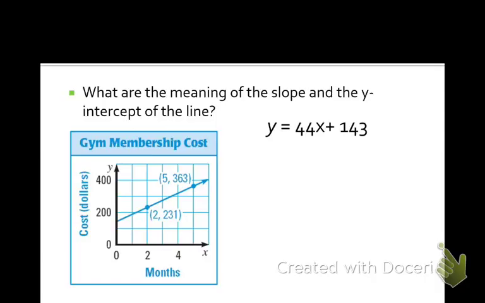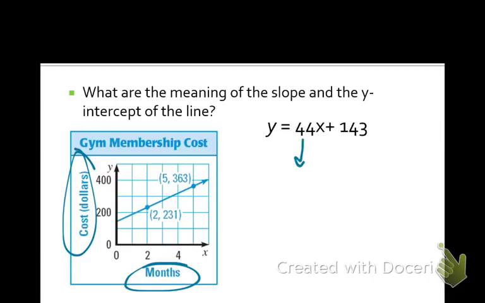See? Told you. Now, the question is, what are the meaning of the slope and the y-intercept? Okay? Well, look at the graph. Along the x-axis is your months, and the y-axis is cost in dollars. So as your months increase, the cost increases, you're paying a monthly fee. How much is that monthly fee? For 1 month, right? So your slope